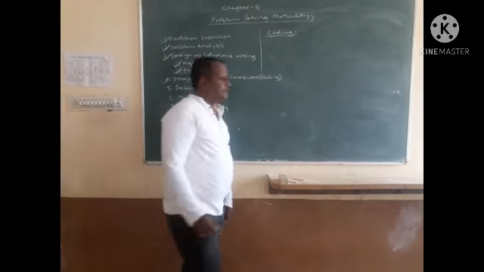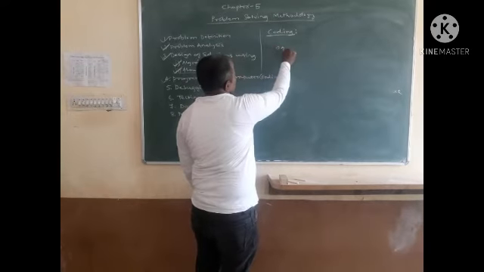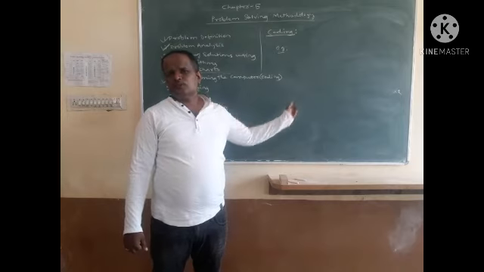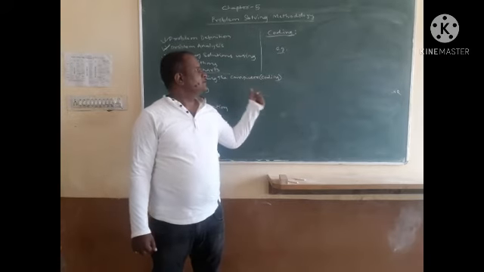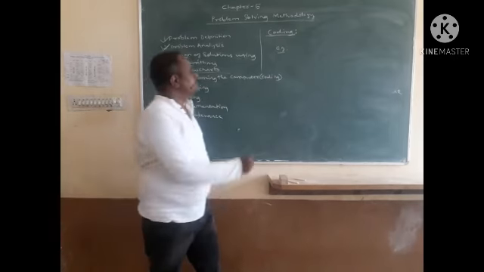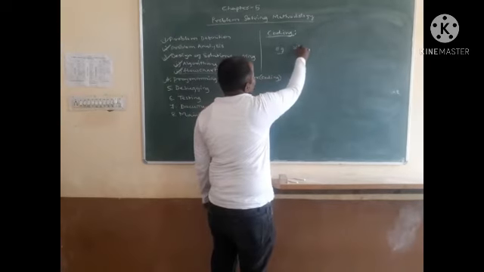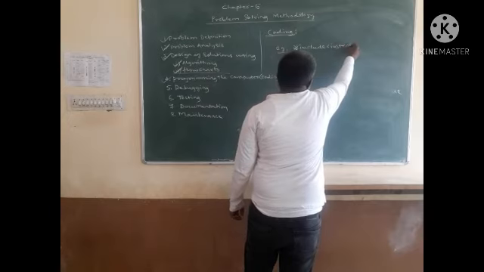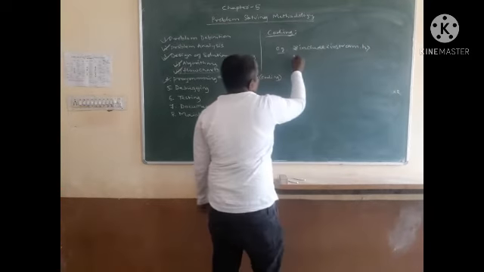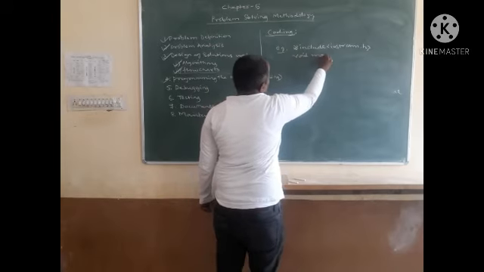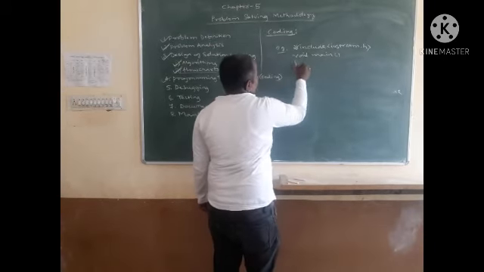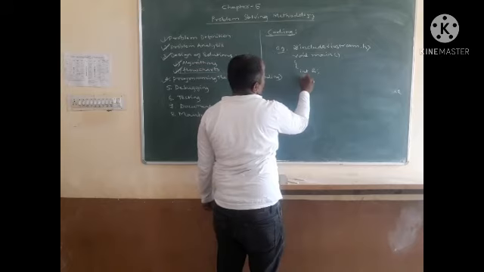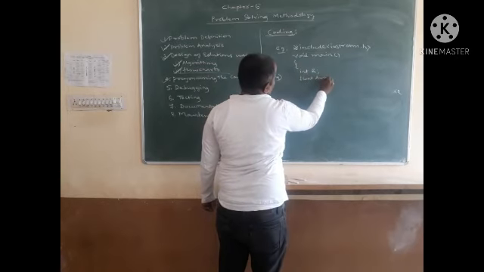For example, if you want to write the program for the area of a circle, for which we have previously seen the algorithm and the flowchart, and we want to write the program or code for the same, then we have to write it as: include iostream dot h, void main, open parenthesis, int r and float area.